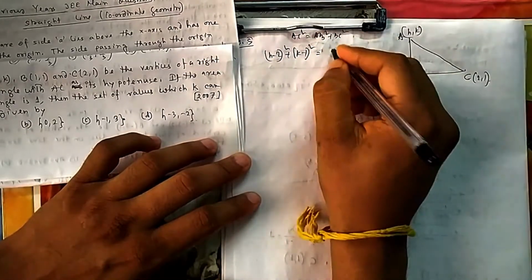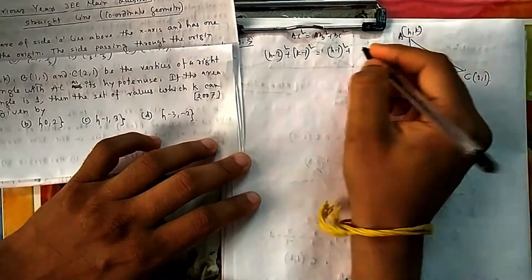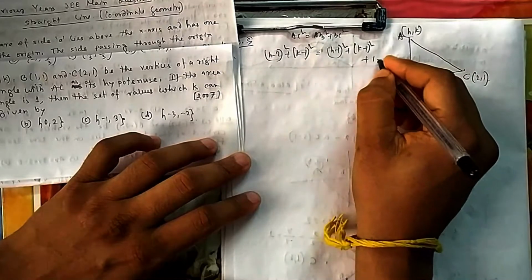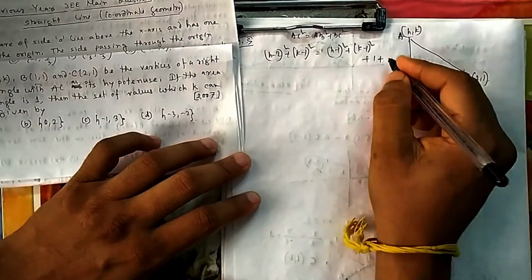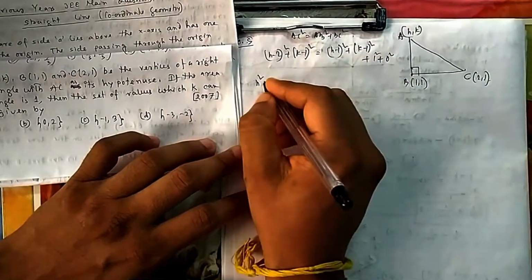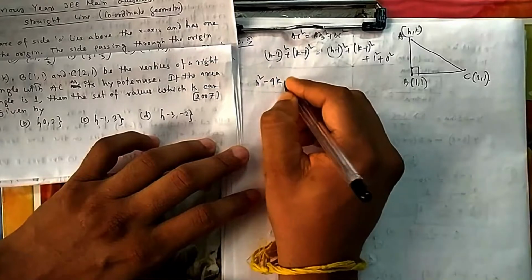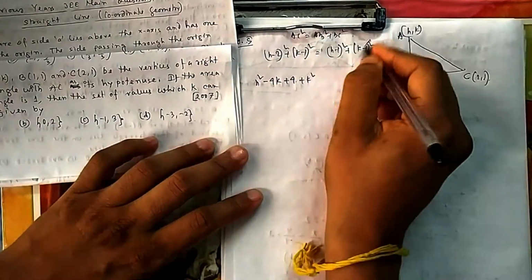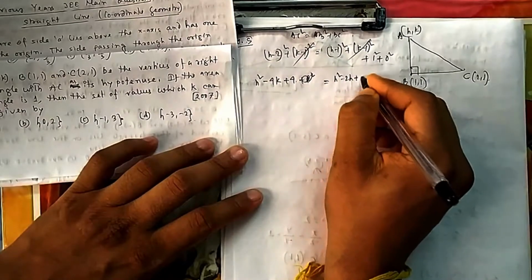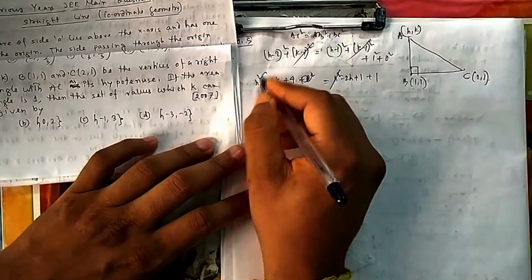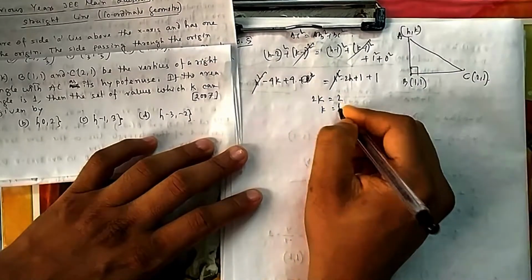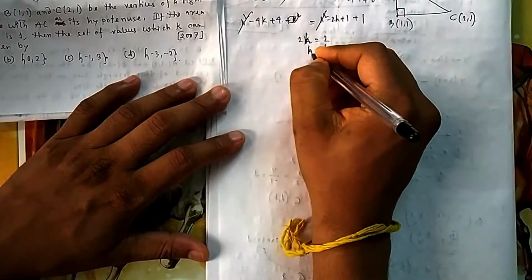And what is this one? (H minus 1) whole square plus (K minus 1) whole square, and then plus this one: (2 minus 1) whole square, that is 1, and (1 minus 1) whole square, that is 0. So it is 1. So you can simplify this one. H square, K square will get cancelled, plus 4. Then (K minus 1) will directly get cancelled out. So it will be H square minus 2H plus 1 plus 1. So H square also gets cancelled out. So you have 2H is equal to 2, you have H is equal to 1.